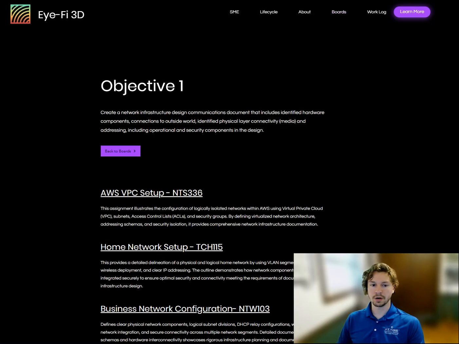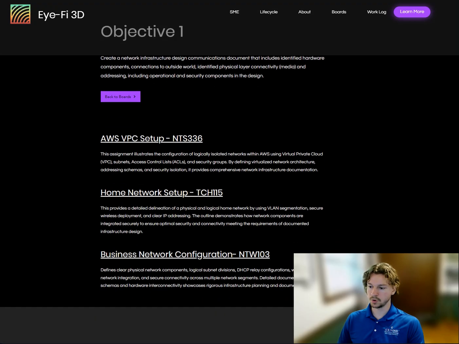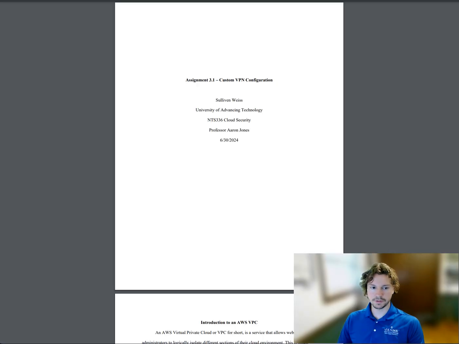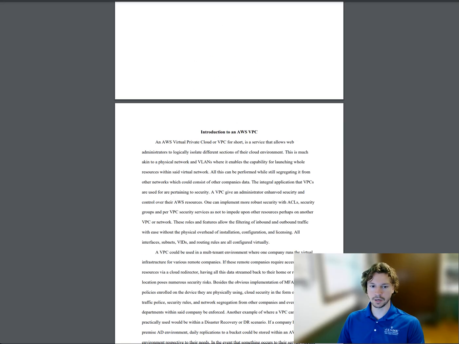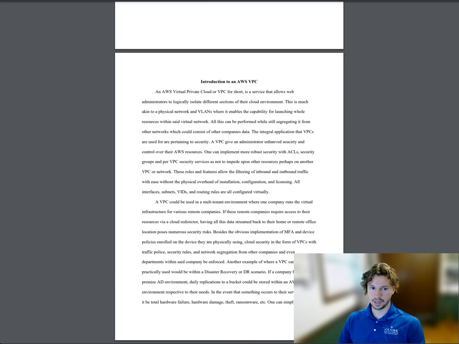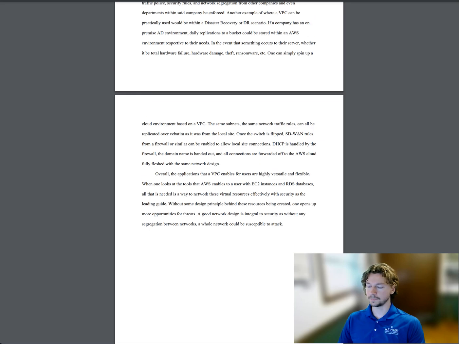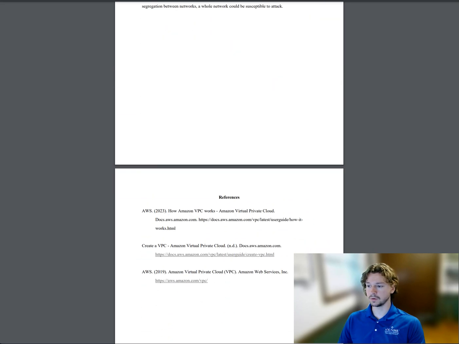Objective 1 primarily covers network infrastructure design documentation. So as part of this, we have our VPC setup, home network setup, and business network configuration. The VPC setup shows a scalable segmented cloud environment fleshed out with ACLs, subnets, and routing. It promotes security and ease of design within AWS for any company and are good rules to follow for any